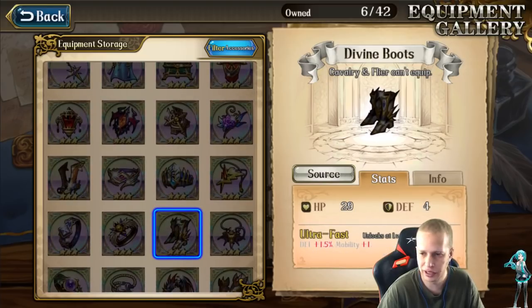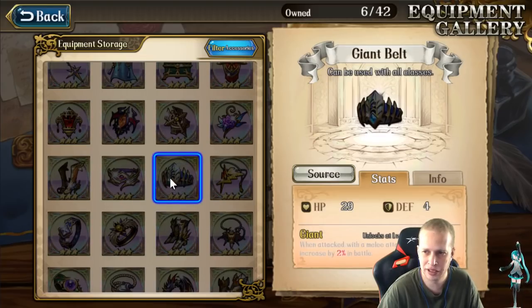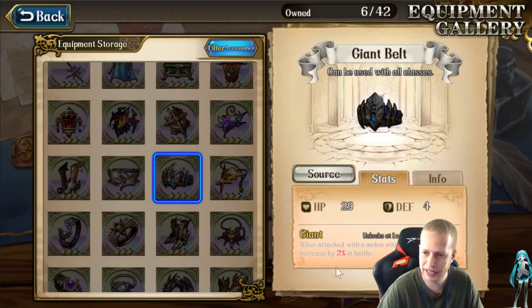And as far as accessories, everyone's going to say Divine Boots, and if you can get that, great. That's not bad, of course. But I'm trying to look for some other stuff, because you're probably going to have Divine Boots on some other things. So Giant Belt is one I would recommend. When attacked with a melee attack, defense and magic defense increases by 2% in battle, which...